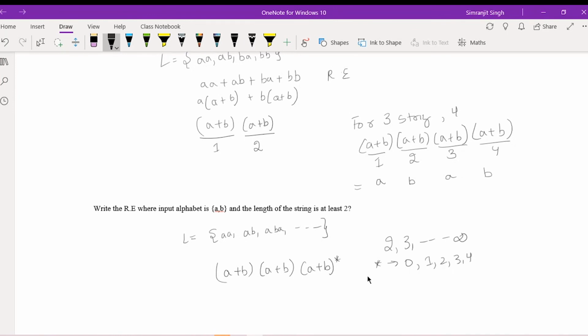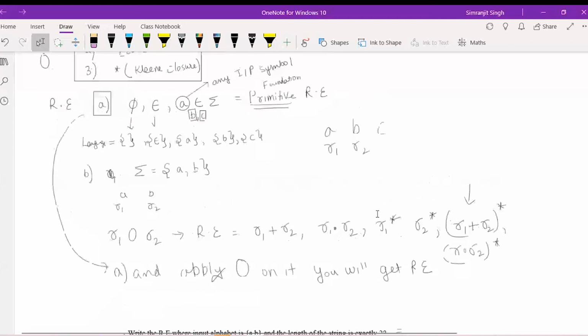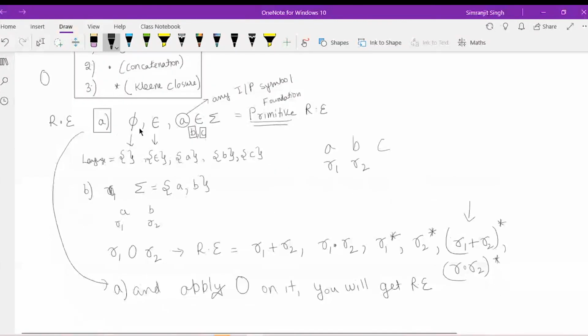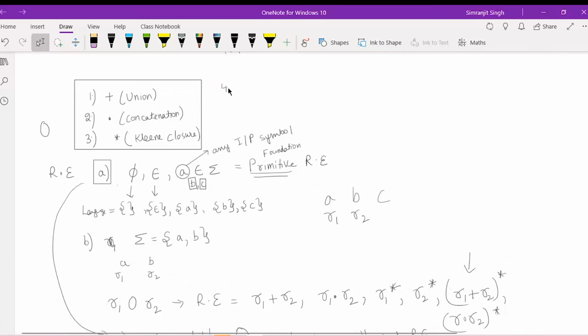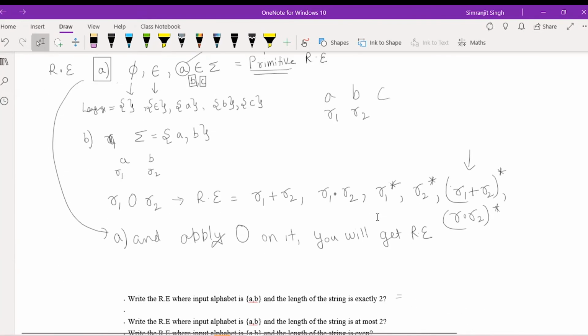Okay, so there is another thing that is a little bit of a variant of Kleene closure. So this is your Kleene closure. If I just write plus, okay, so this plus means, if I express this in the regular expression upward, that will be more suitable. So there is another variant of this Kleene closure that is not official, but most people use it. Okay, so that is also your plus sign. This plus sign is nothing, it is just a Kleene closure. There is a little bit of variation here.